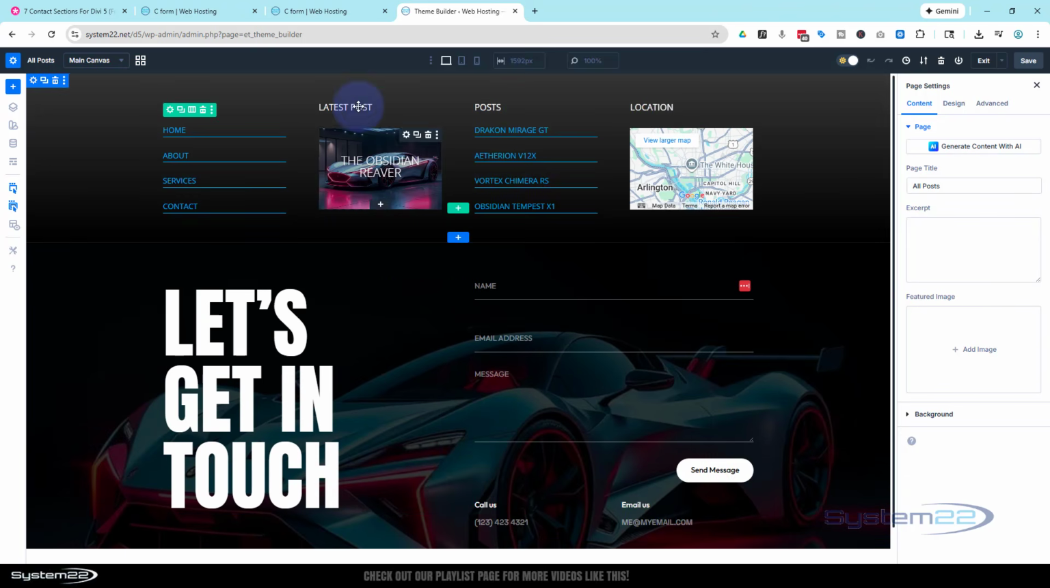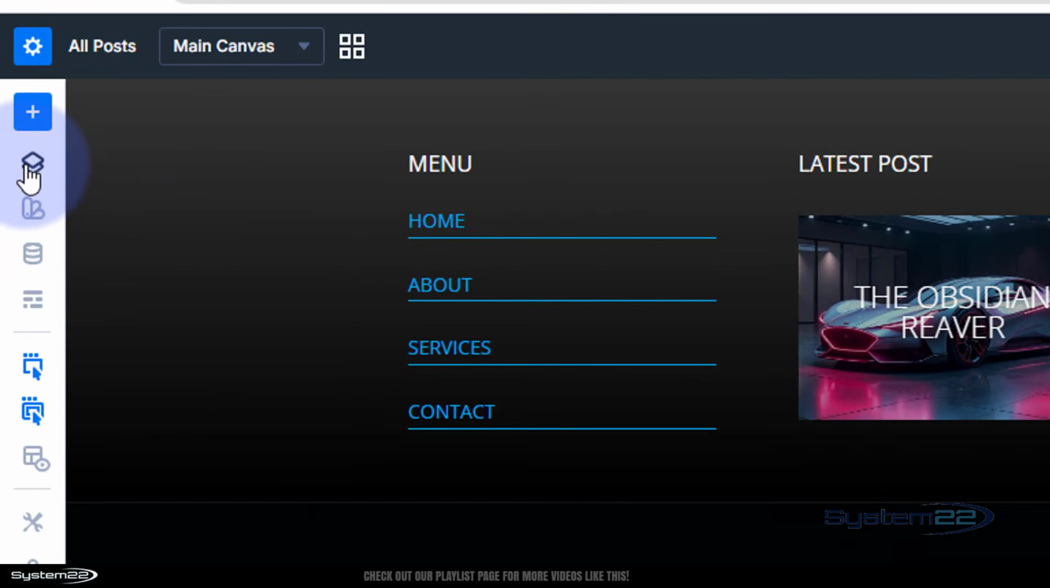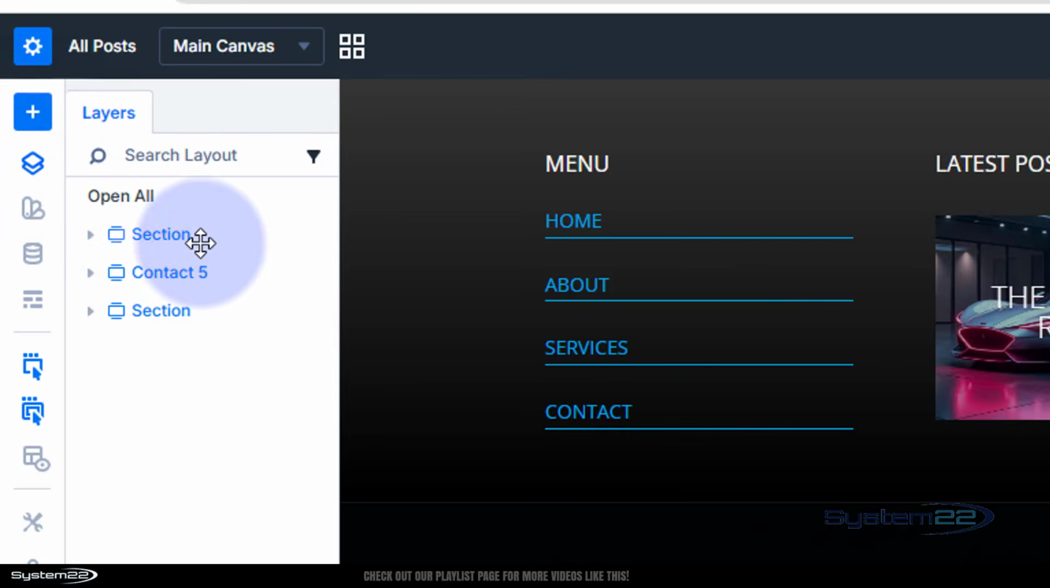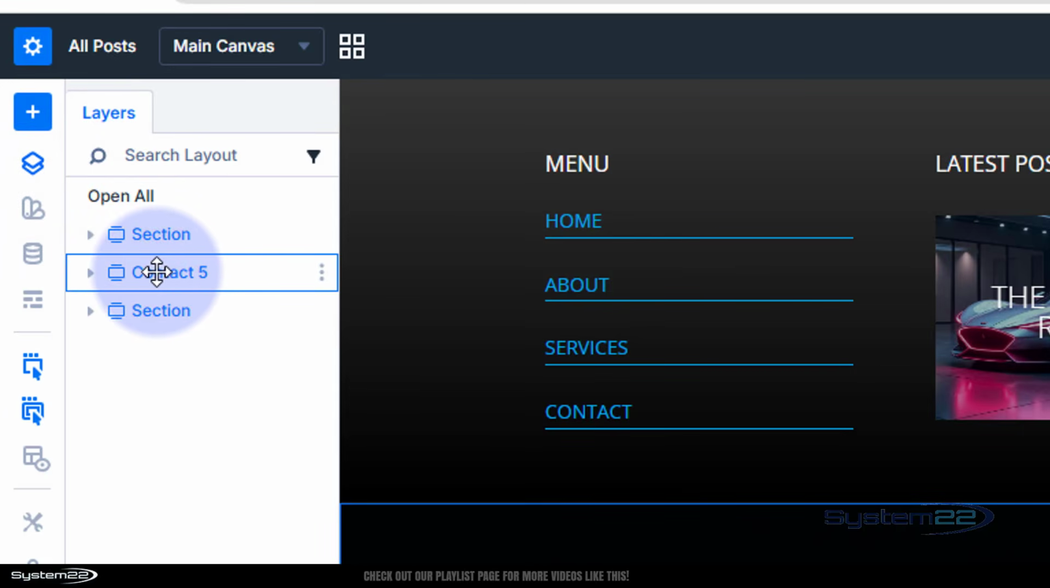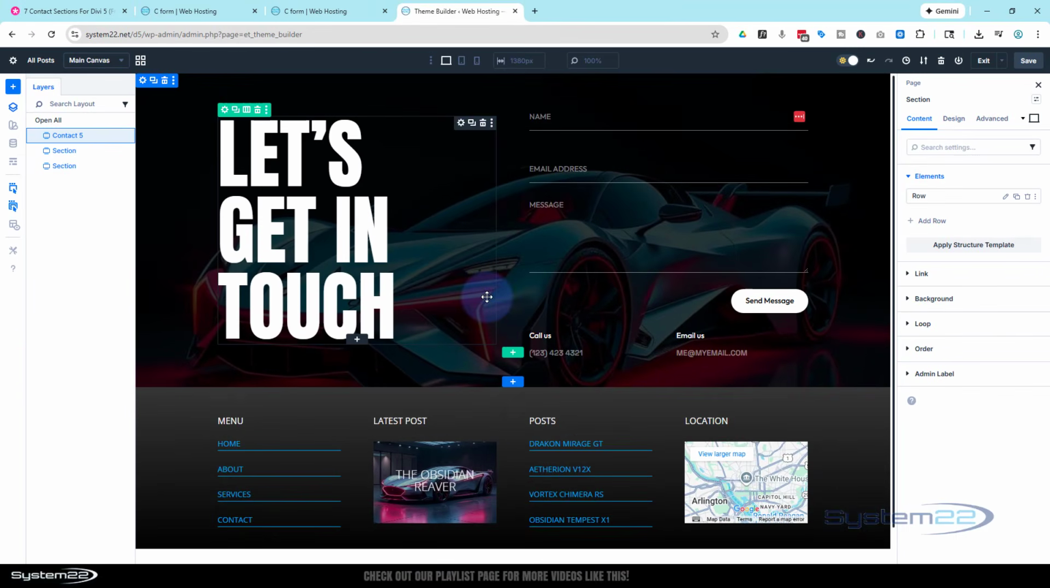Now, I do want it to be on top of the other little section here. So I'm going to go over to layers up here. Makes it very easy to drag sections around. Here's contact 5. I want to put it on the top. Left click, drag and drop. It's now on the top there. Now if I save this,